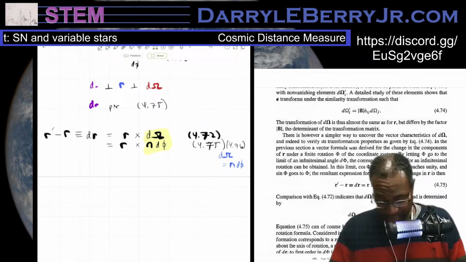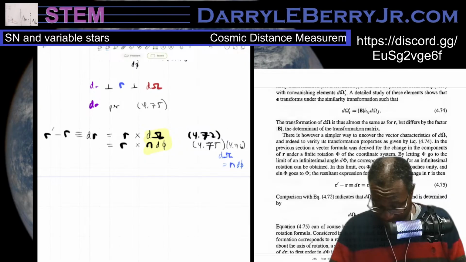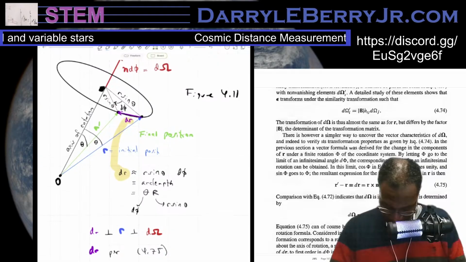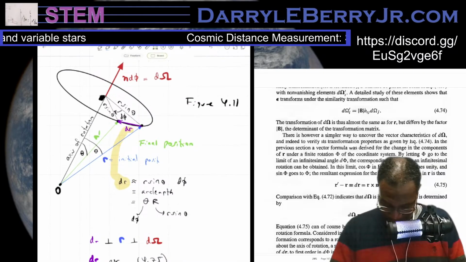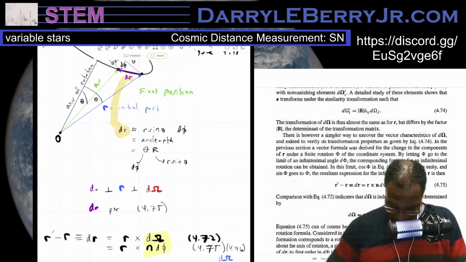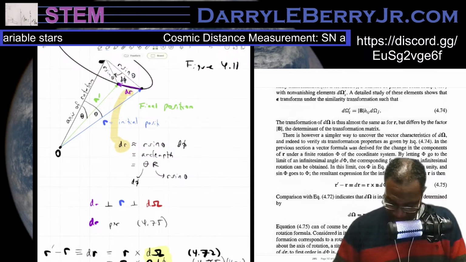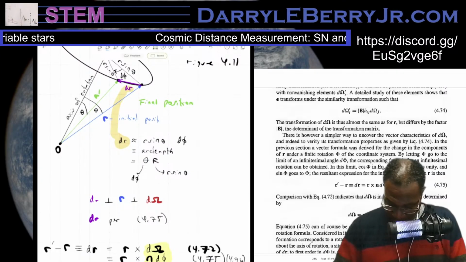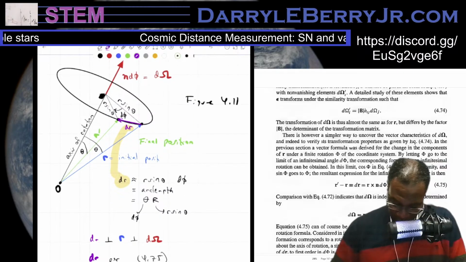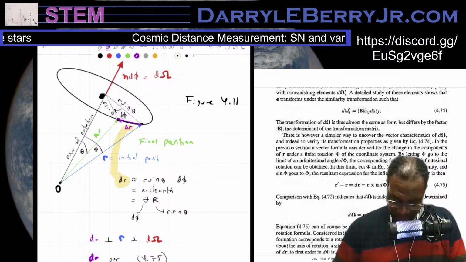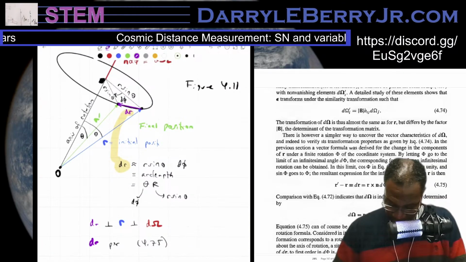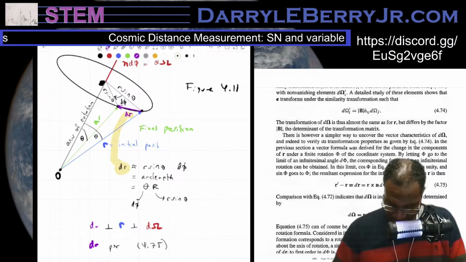So we have equation 4.72, 4.75, based upon this image here. The idea is R prime minus R is this purple line between these two. So this is R prime, this is regular R. We have R prime minus R is dr, the purple line going across, which is R cross d theta,